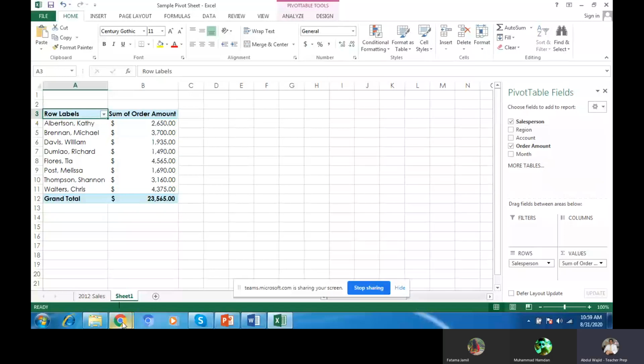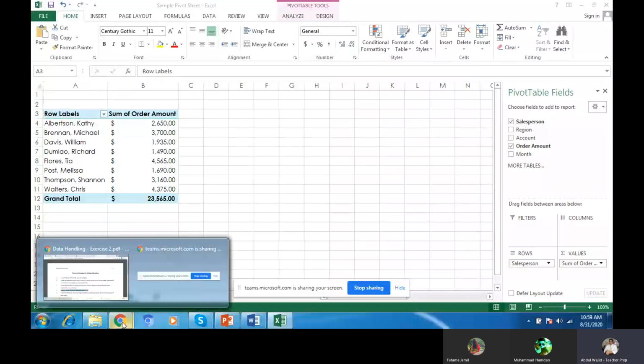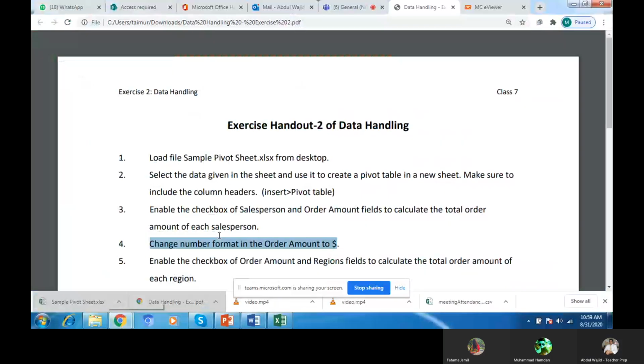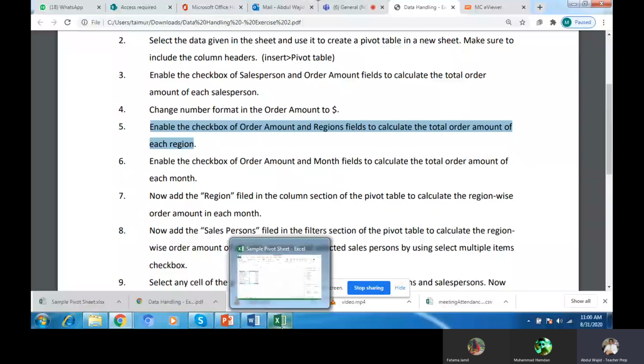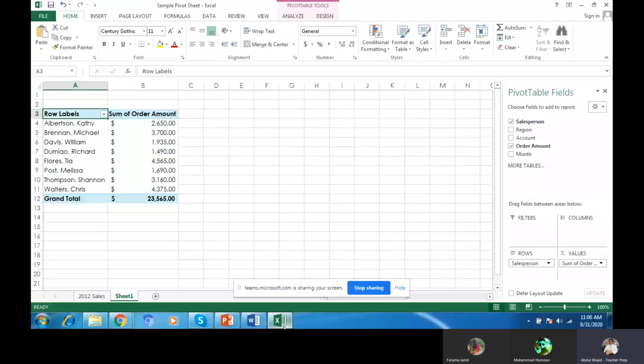Okay, let's see again. Instruction number 5. Enable checkbox order amount and region fields to calculate the total order amount of each region. We will go there, we will click on it, order amount and region field.